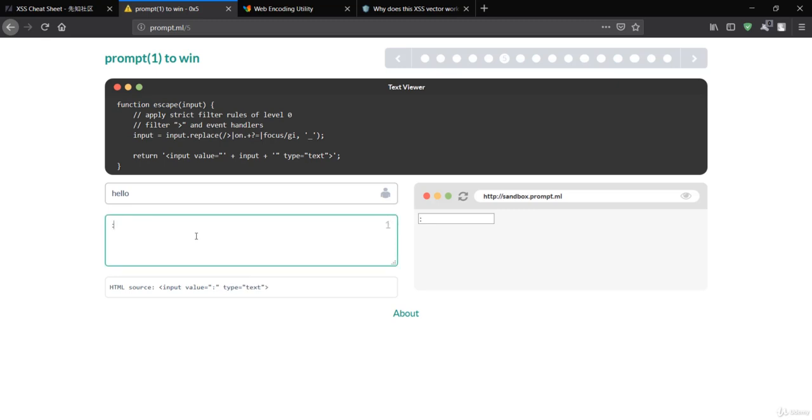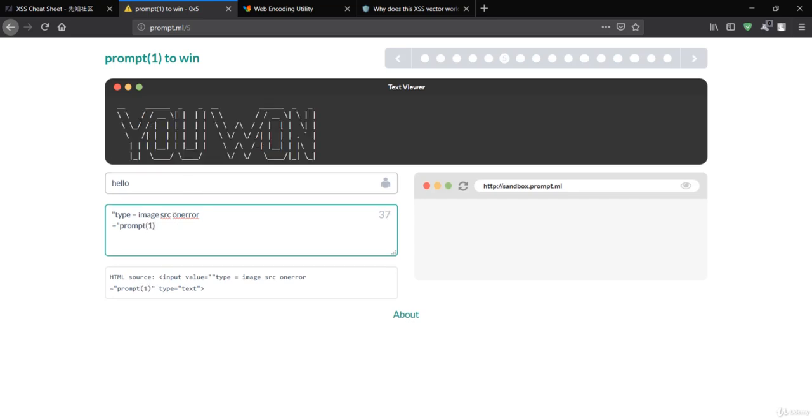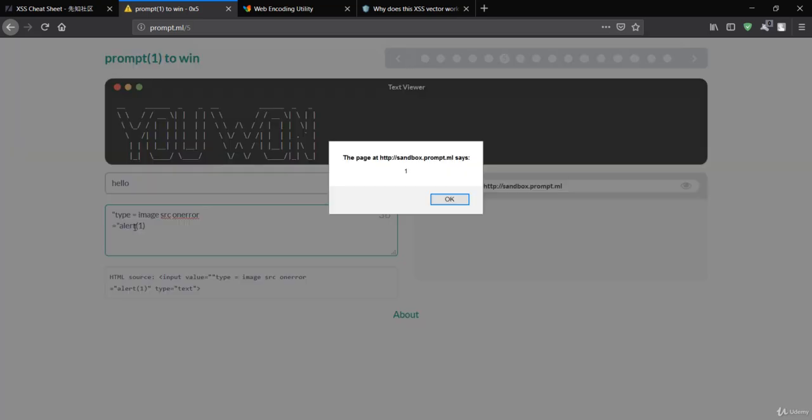First of all, we close our value and change our type to image and src, because the image tag has the src, and onerror will be triggered when there is an error in the image, then it will just prompt me 1. Then you can see U1 over here. You can also say alert instead of prompt, and you will see the alert box over here.